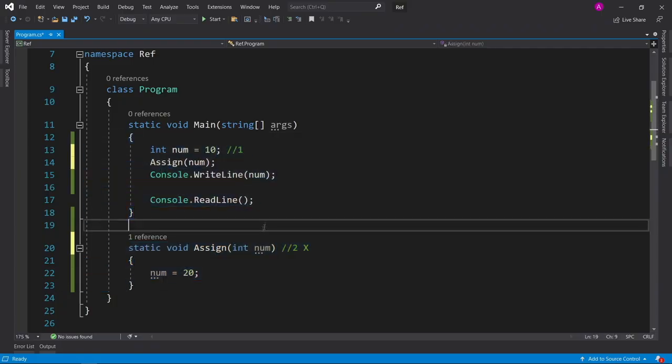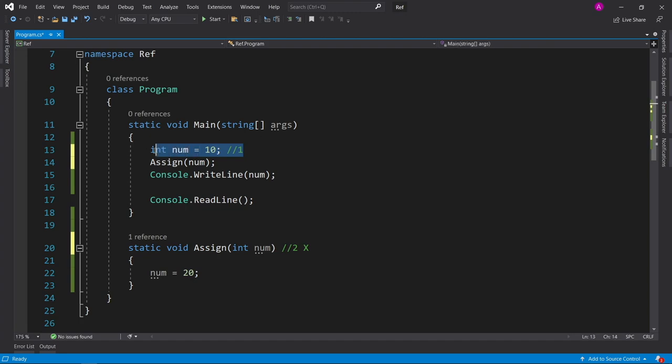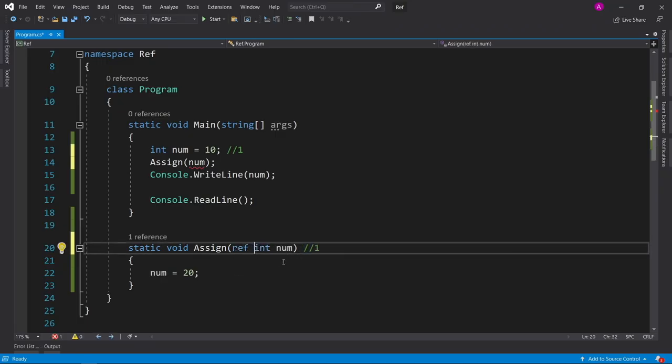When you pass by reference, what you're doing is saying, give me the memory address location of the variable inside the brackets and give it into this function rather than copying the value. So if this has memory address location 1 and you pass it into here, then it's also going to have 1. So what this actually means is, if we put this ref keyword just before the int, just like we do with the out,